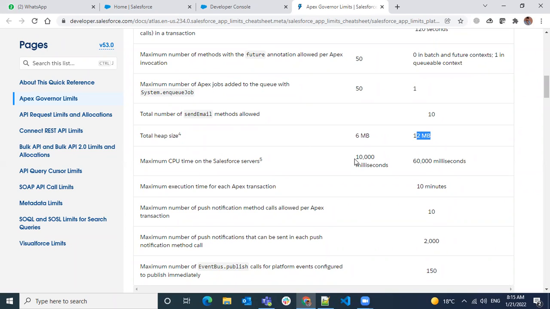Maximum CPU time on Salesforce servers: we can use 10,000 milliseconds, that is 10 seconds. So if you are writing a query, it can take a maximum of 10 seconds only. If it exceeds 10 seconds, you will get a CPU time limit exception. Not only for a query, it is for a transaction. Once you start a transaction, the CPU time limit will be 10 seconds. If it is not completing within 10 seconds, then you will get a